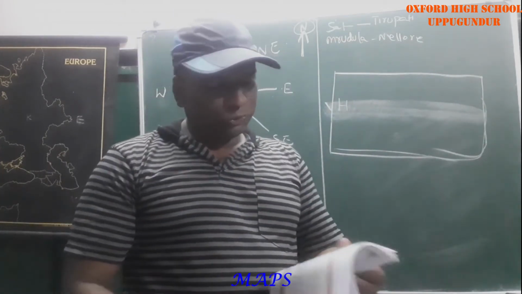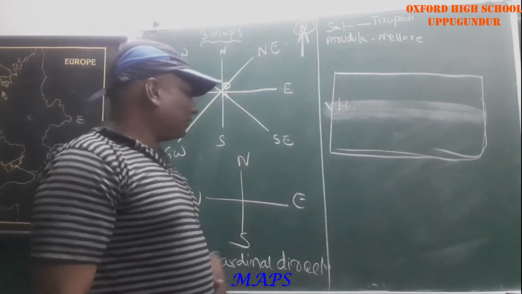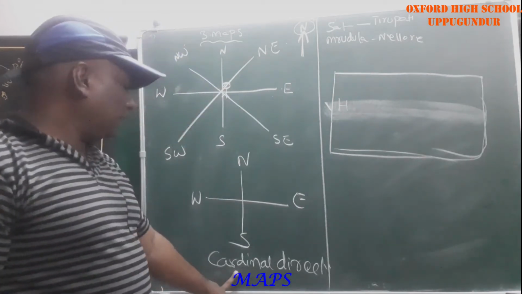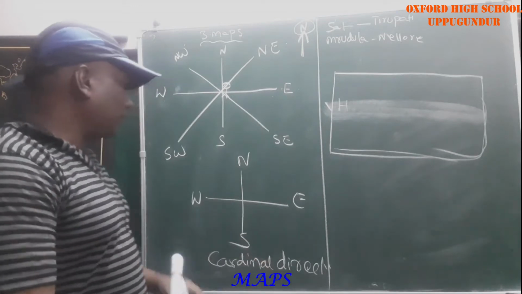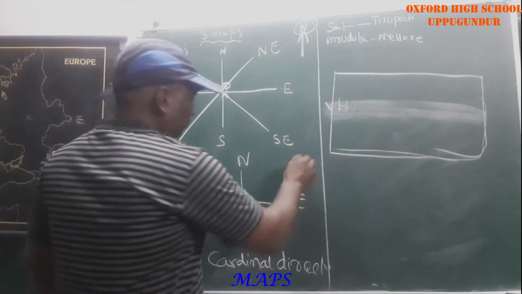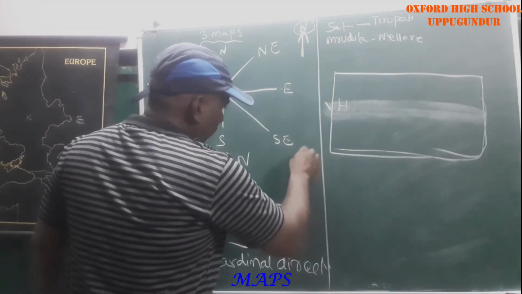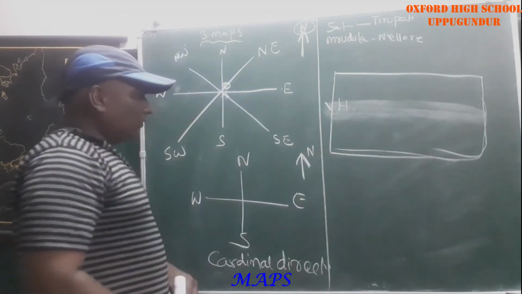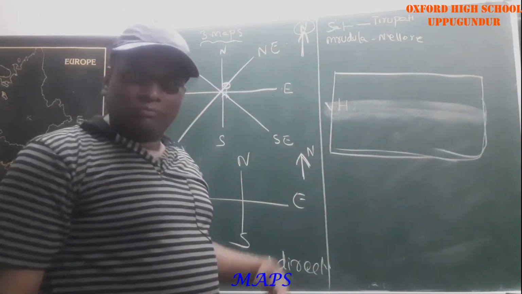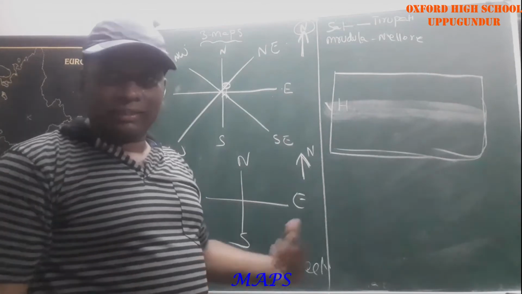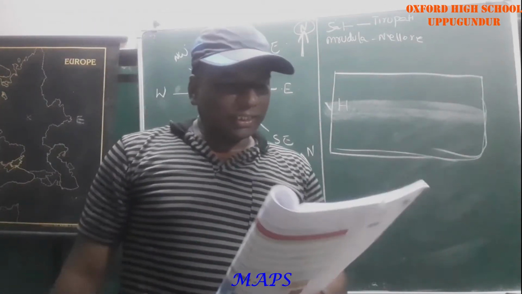So I am turning to the second page. Regarding scale, up to now I explained the directions. The cardinal directions are north, east, south, west. If you observe the textbook, they are drawing one arrow mark showing north. Okay na? If you identify the north, you are able to identify the remaining directions very easily. Next one is scale. It is another component of a map.